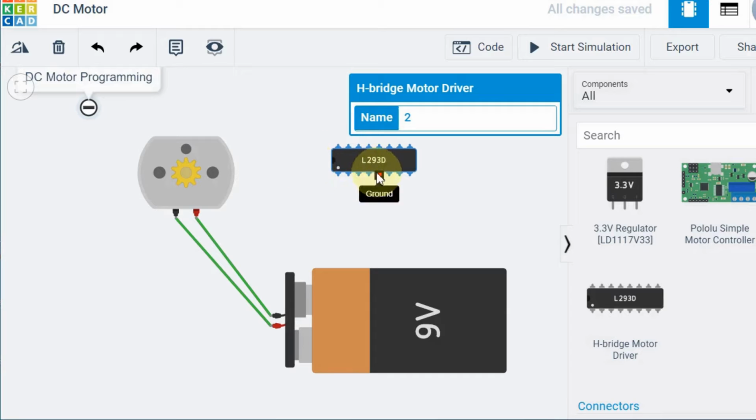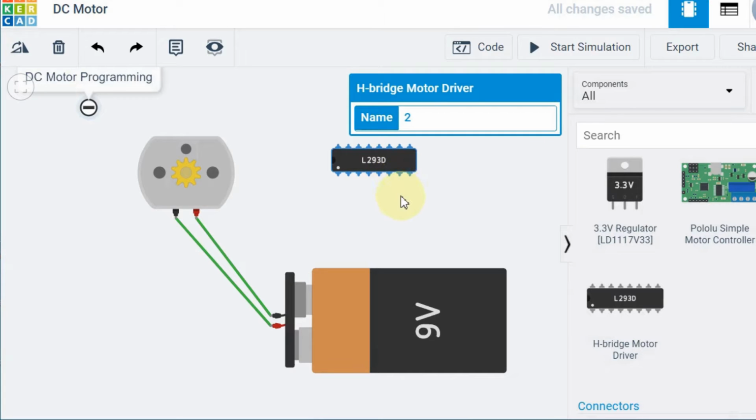So the signals coming from the microcontroller can be given as an input to this IC, and the output of this IC will be given to the motor. So whatever supply power we are giving to this IC's motor power pin, that voltage will be fed to this motor, and the signals we are giving in input 1 and input 2 will be signals coming from the microcontroller.